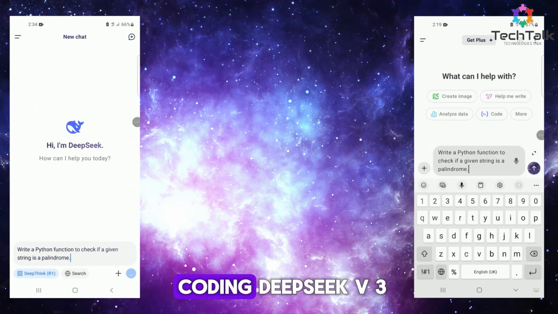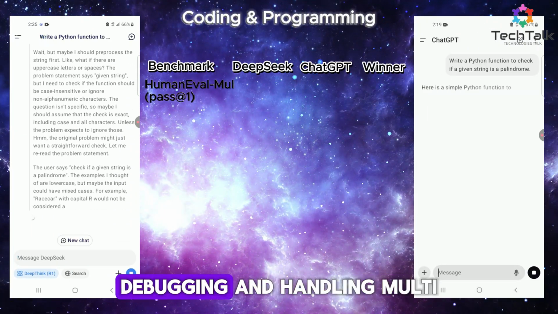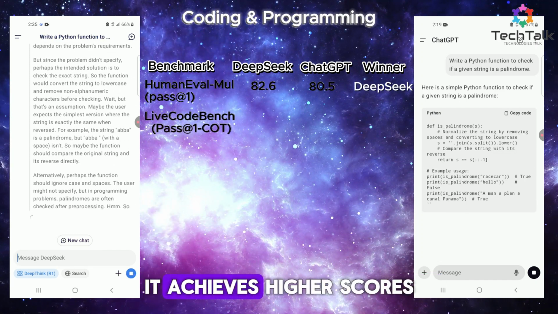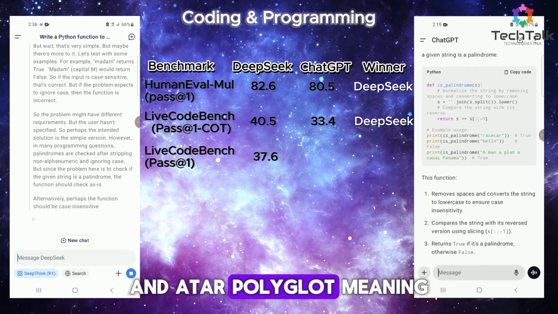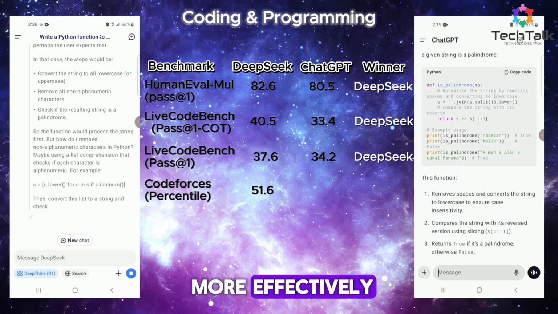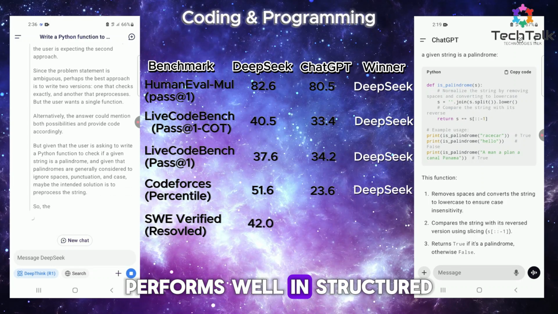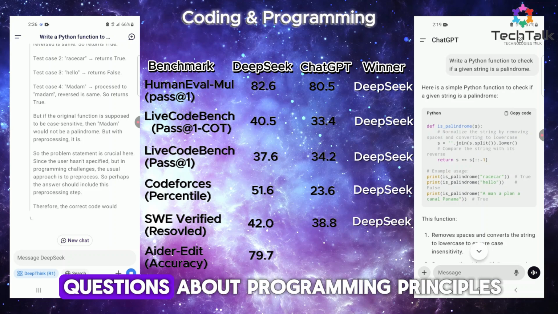When it comes to coding, DeepSeek v3 is superior in live coding, debugging, and handling multi-language programming tasks. It achieves higher scores in benchmarks like Codeforces and Aider Polyglot, meaning it can write, edit, and debug code more effectively. ChatGPT 4o, on the other hand, performs well in structured software engineering tasks, such as answering conceptual questions about